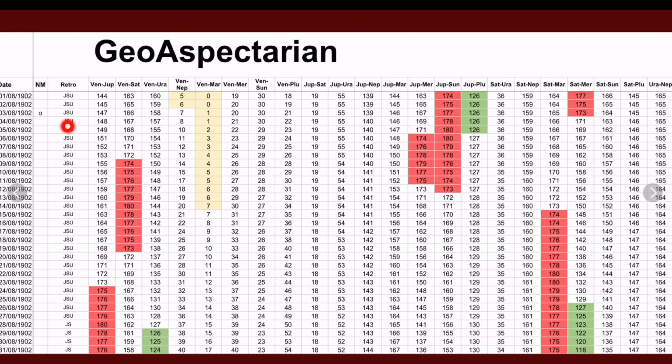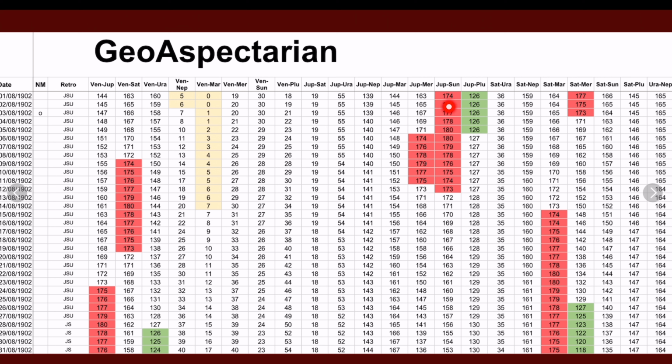The next column is for retrograde motion, and we have the letter of the planet in this column if it's in retrograde motion, and here we've got Jupiter, Saturn and Uranus all in retrograde. And if we look down, we can see the U drop off, so Uranus goes direct here. Now, looking across the file, we can see Venus and Neptune coming out of a conjunction, Venus and Mars conjunct,